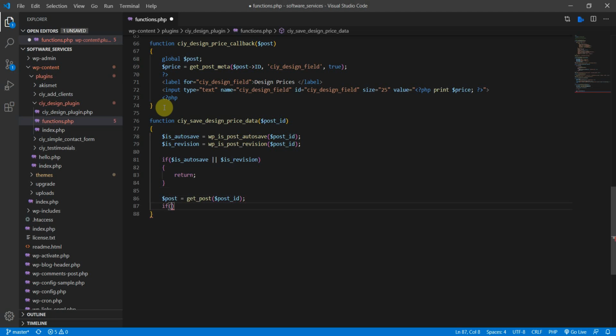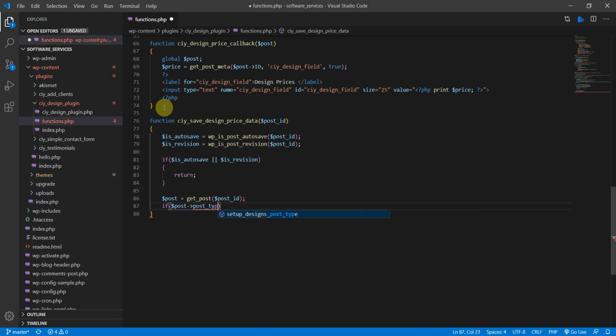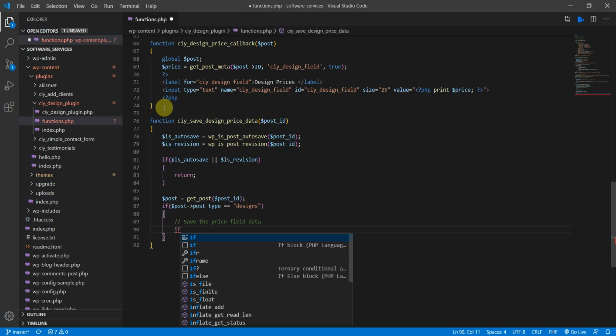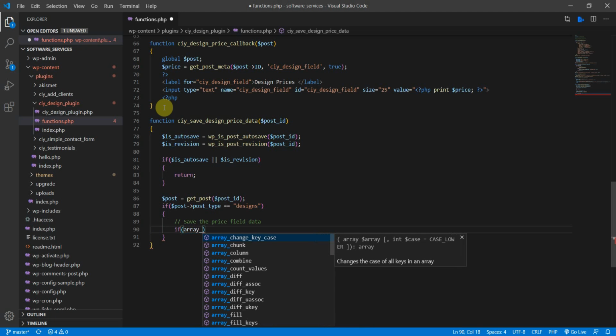So in this if statement, if post, the variable post, we need to target the post type, like this. And if that's equal to designs, which was our name of the post, the custom post type, designs, we want to do this. All right, so we want to save the price field data. Okay, so another if statement. So let's create an array